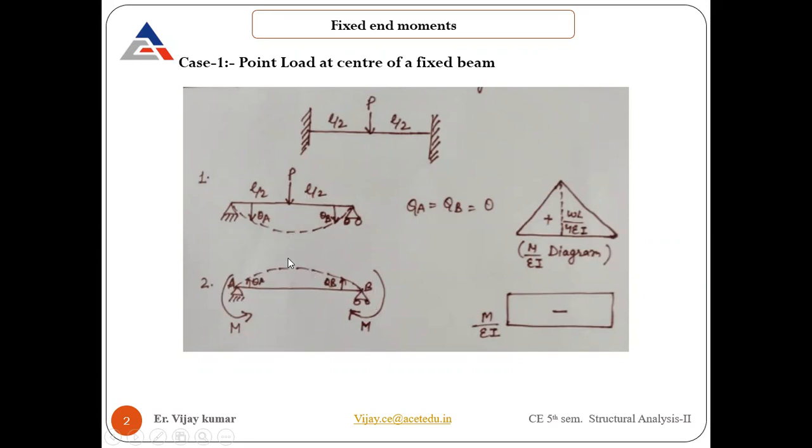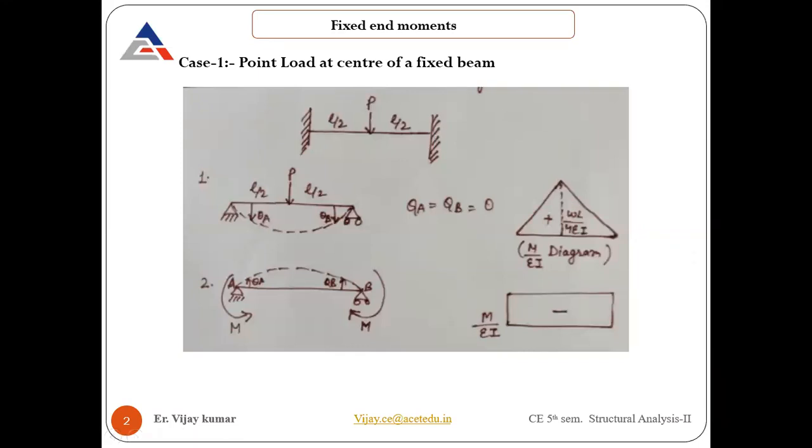These two, if we superimpose, will replicate the same as this beam has. That is the fundamental; this is the superposition that we need to see here. If you see in this particular case, in this fixed beam, we do not have any rotation at A and at B. Yes or no? Yes, it is.